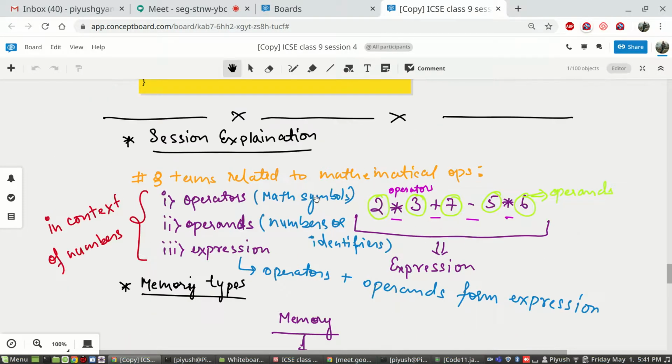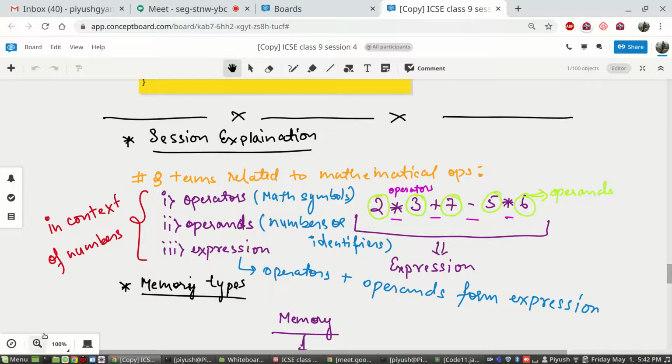If you can see here, 2, 3, 7, 5 and 6 are operands, whereas the multiplication sign, plus, negation and again the multiplication are operators, and together they form what is known as a mathematical expression. Okay, fine.